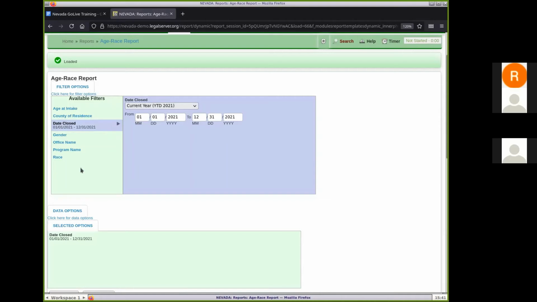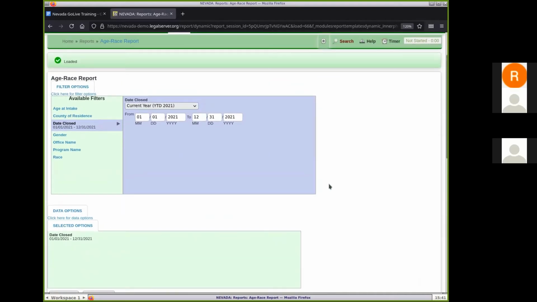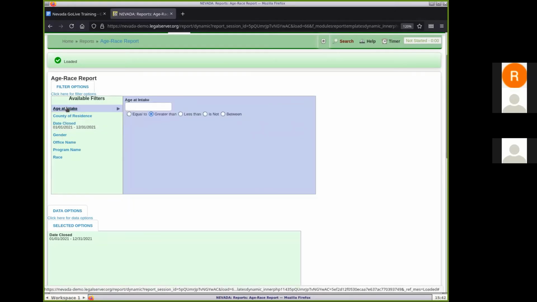The person who built this report determined what you can filter on up here. So it looks like most of the columns in the report have available filters, but not necessarily all of those. You can filter for age at intake, which is just a numeric field. So you have options on number fields like this: you want to filter for equal to, greater than, less than,